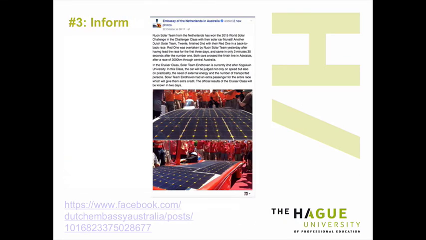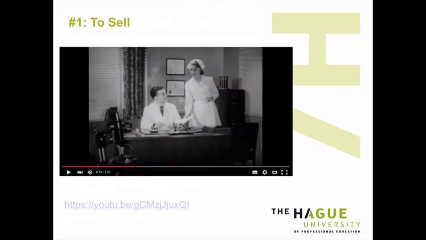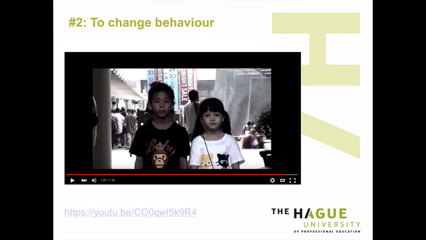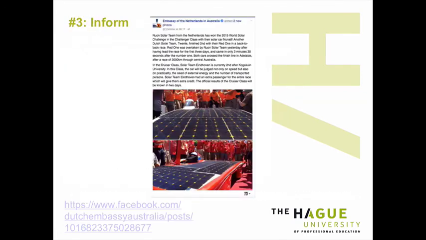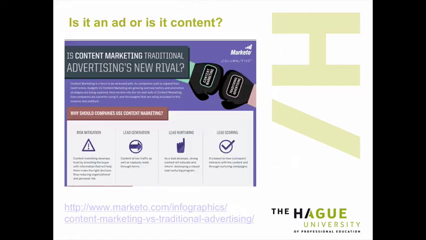So just to go back, the 5 things, if I can go back here, to sell. Number 1, to change behavior. Number 2, to inform, to inspire, and to educate and to entertain. 6 things, not 5. So they're the things that digital content does. Something to consider as well,